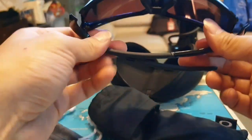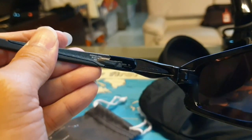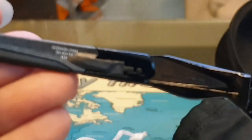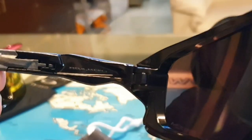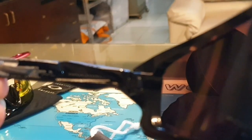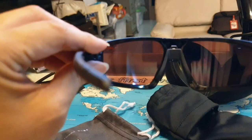So, you know why I bought these glasses? Because it has a ventilation in the nose section. And I just want to show you from the side. When you buy the original one, there's always a part number over here. I'm trying to focus, and you can see there's the field jacket on the side of the glasses. And this is what I mean